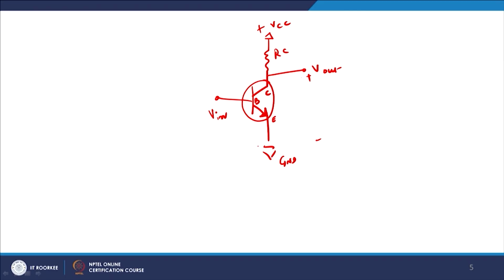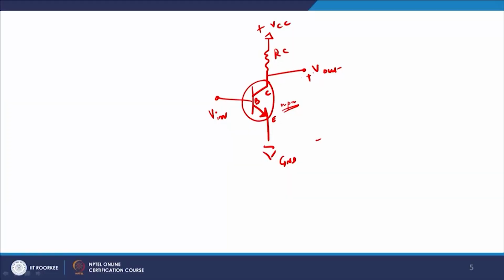I am only doing it the first time, I will not be doing it time and again as we move along, but just for your information, for the first time. Base to emitter, the arrowhead is looking, which means the direction of the holes is in this direction, which means the electrons are moving from emitter to base, and therefore this is an NPN transistor. This is the NPN transistor which I have with me, and the input side is always